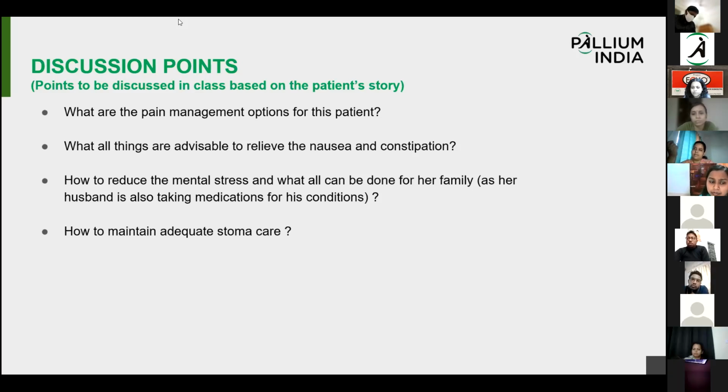The only problem with that is excoriation of the skin, because you're not sticking it intact, so there could be a lot of fecal matter causing it. But using ointments like Coloplast, which can at least help prevent skin excoriation, can help. Another thing I would like to point out for that mental stress is, why not refer her to a counselor or a clinical psychologist who can at least address her concerns, her distress.